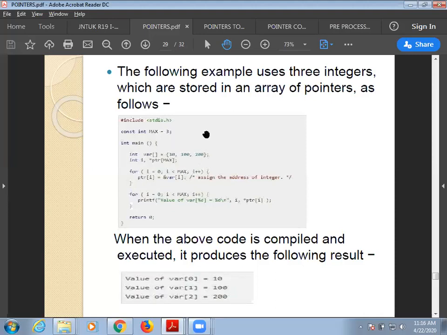So we are using 3 pointers in my program, and the 3 pointers are pointing to 3 different variables, and all these values I am printing by using these 3 pointers. This line will be used to print all those 3 values. Ptr of 0 means it will print 10, ptr of 1 means it will print 100, ptr of 2 means it will print 200.